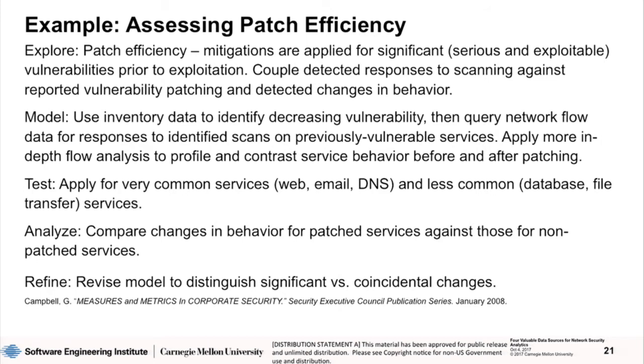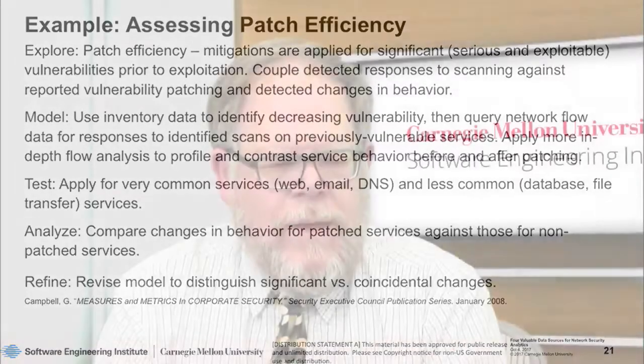So we know we've got data sources that are potential for here. The model then would be, okay, let's use the inventory data to identify vulnerabilities that are decreasing. So that classifies where the patching is taking place and what's going on that. Then we want to look at a time window around the patch report, the report of decreasing vulnerability, to determine, has there been attempts at exploiting it before we started patching? Have there been attempts during the patching, and of those attempts, how many are likely to have been successful? How many are likely to